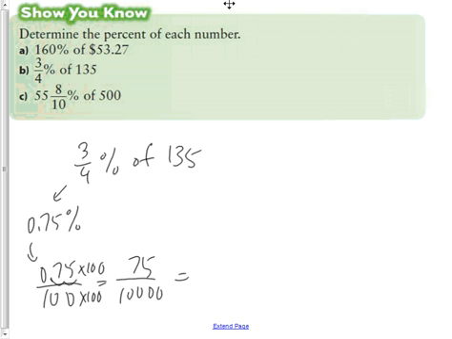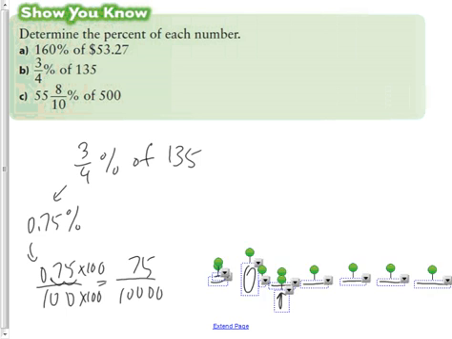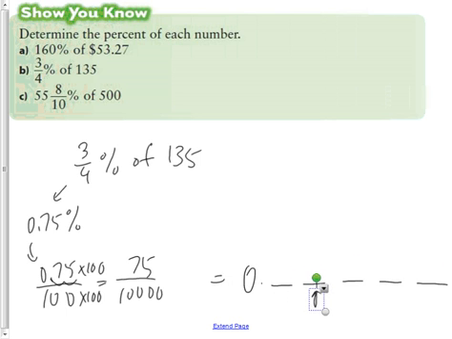That is 75 10,000ths. I need to know my place value. This is your tenths. This is your hundredths. This is your thousandths. This is your 10,000ths position. So I have 75 10,000ths. Remember, your 75 has to end in whatever position your denominator is. So 75 10,000ths. Put my zeros down. That's what it is as a decimal. Okay, so we have 0.0075. That's what that is as a percentage